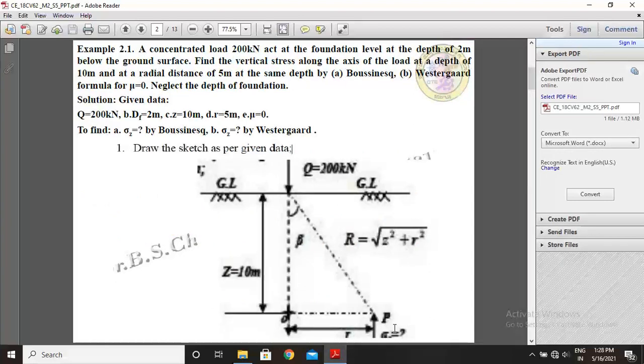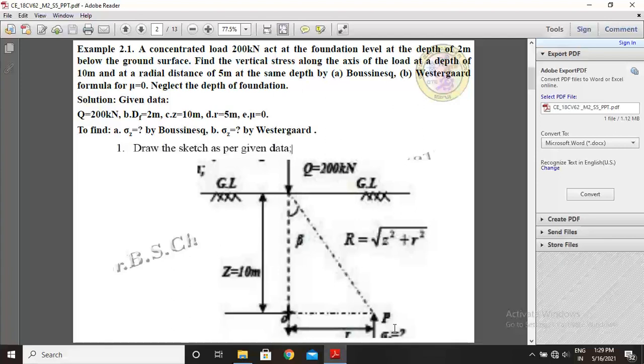Let us see, after the discussion of all the 4 sessions: the concept of stress distribution in soils, assumptions of Boussinesq equations, assumptions of Westergaard equations, comparison of Boussinesq and Westergaard equations, limitations of Boussinesq and Westergaard equations, and stress distribution determined by different loading with different shapes of footings.